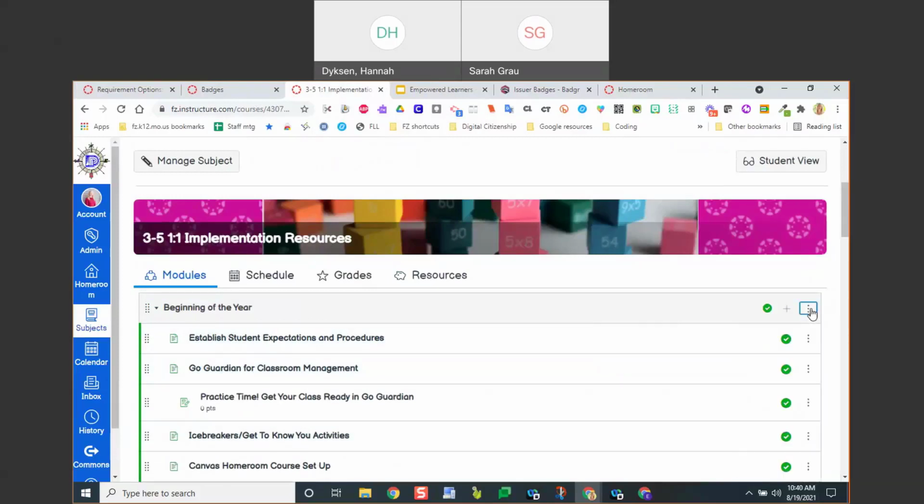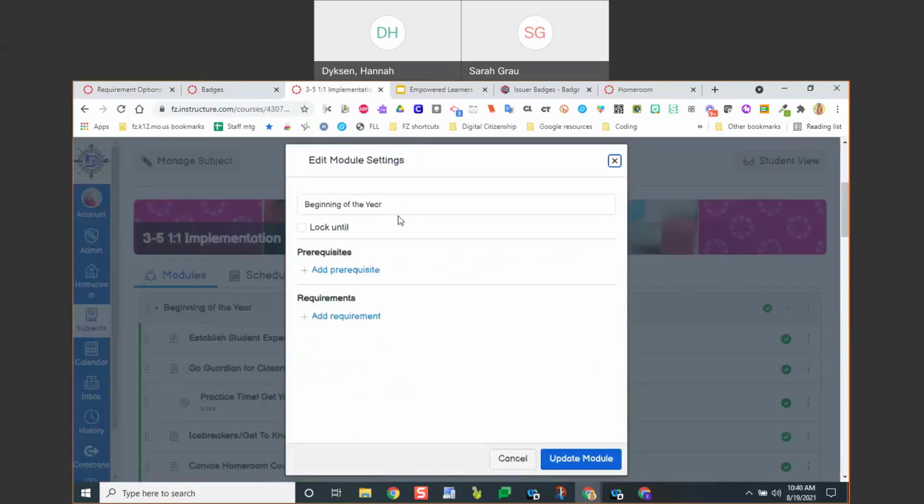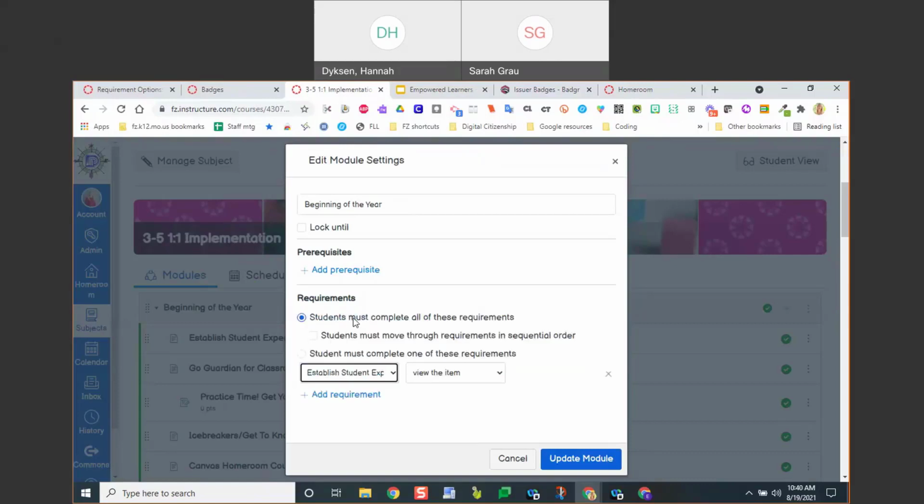All right. So I'm on a module and I'm going to click on the 3 dots and click the edit button. That's going to bring up my screen where I can either edit the name of the module or add requirements. So then when I click on add requirement, it's going to give me the option to choose